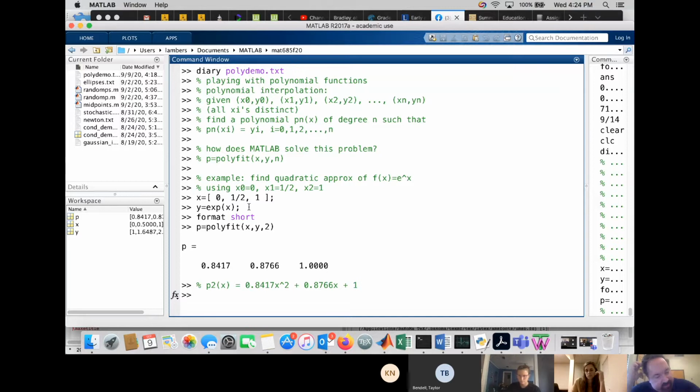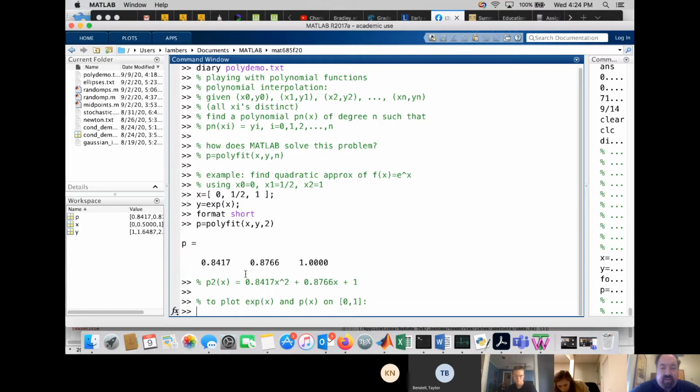So now what I want to do is plot my polynomial and also e to the x. All right, so my polynomial is p, and I want to plot this on the interval 0 to 1. Now, I could just say plot x and y. In fact, I'm going to do that right now to show you why it's a terrible idea. If I do plot x, y,